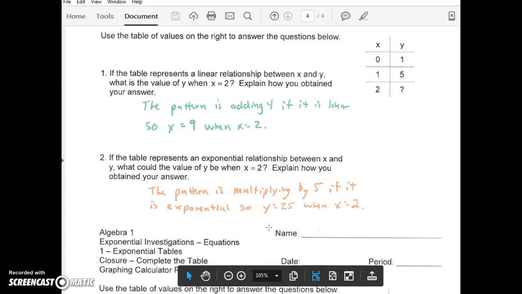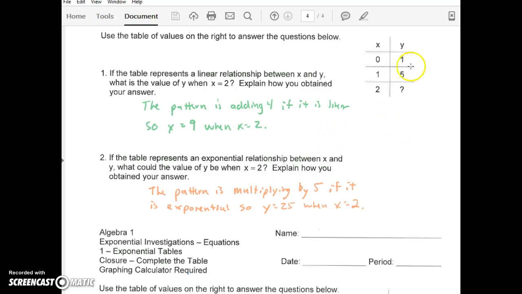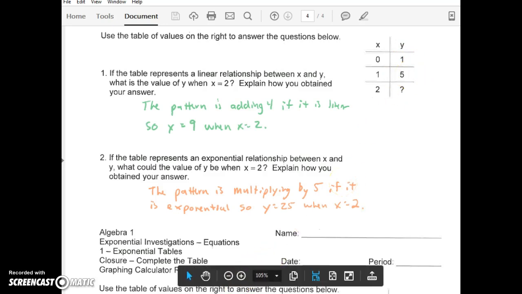And then the table represents a linear relationship. What's the value of y when x equals 2? Our pattern for linear then is adding 4, so we just continue that pattern to get 9. And then the other question asks us if it represents an exponential relationship. What's the value of y when x is 2? So our pattern here is multiplying by 5. If we continue that, we'll get 25. And those are the values that we're